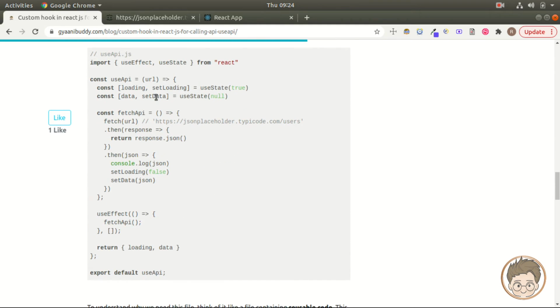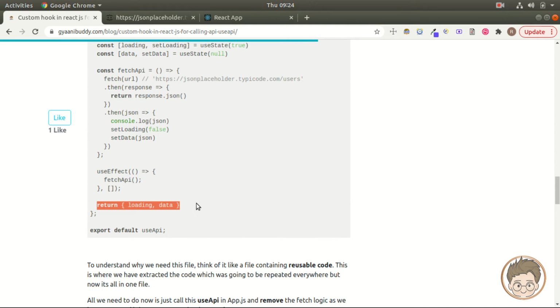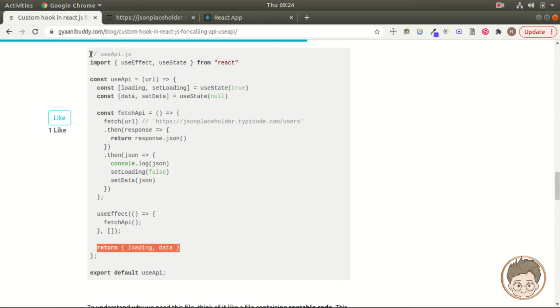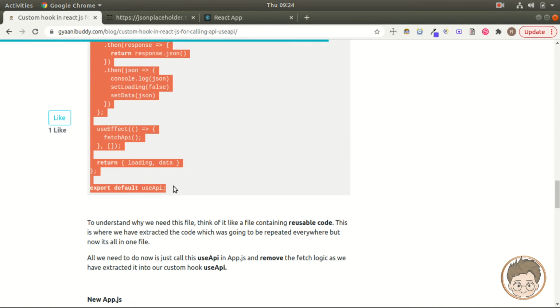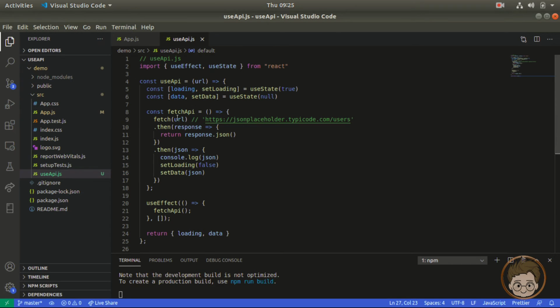So this is the custom hook. Now you may see that this is the same logic, right? Loading we had seen in the app.js file, the same logic, the entire same logic. The only difference in this file is this, right? Now this is the file. I will just quickly copy it and paste it over there. Right. So now you can see that in this useApi custom hook, we pass the URL. So now we can reuse it again and again. If there is any different URL to which we want to send a GET request, then we can pass it over here and use it accordingly.